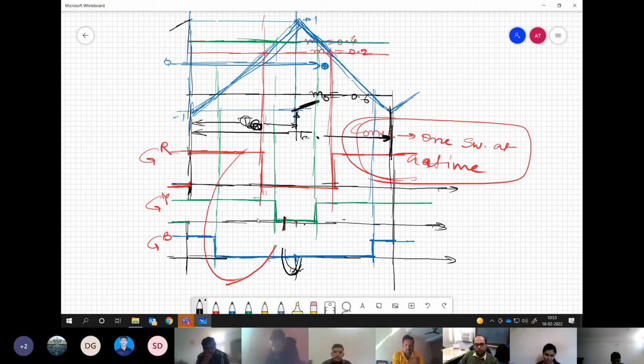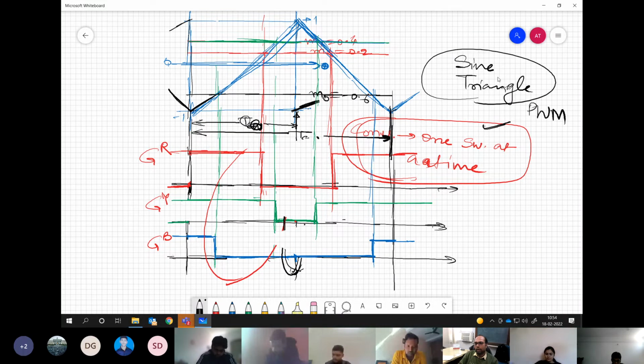So this way, what we are doing, we are having only one switching at a time. One converter leg is only switching at a time, or one device is only switching at a time. Understanding my point? Which is why we have a triangular carrier instead of the ramp for the case of a DC to AC converter. And now we can take the name which is famously given to this type of PWM, which is sine triangle